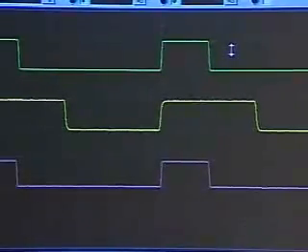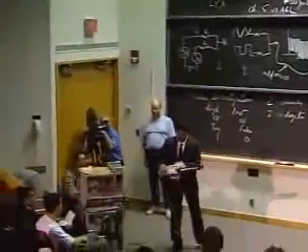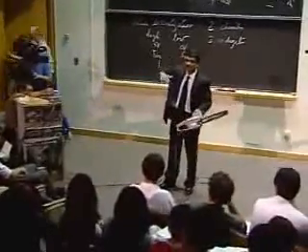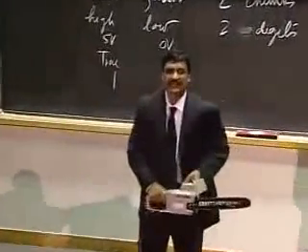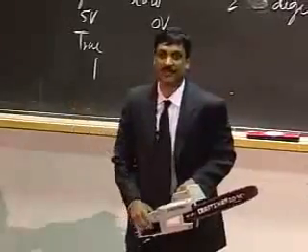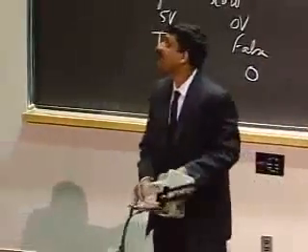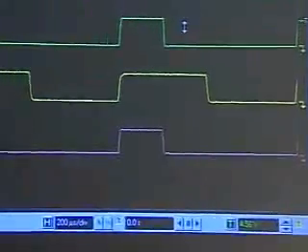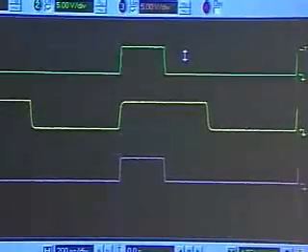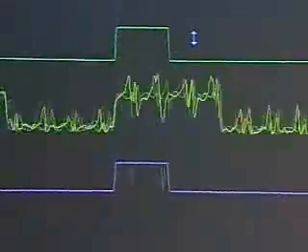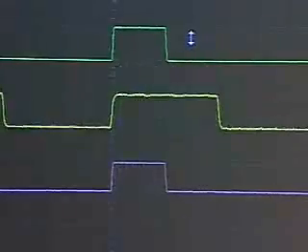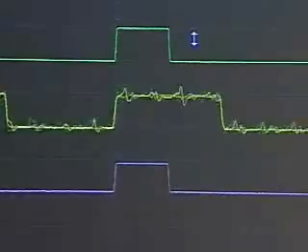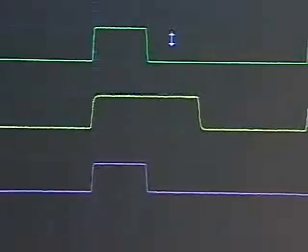And just to show you that I'm not bluffing here, I'll pass the noise through and make the noise larger. You'll notice that when the noise begins to surpass the noise margins, the output begins to go berserk. Watch. Can you increase it gradually? So notice that as I put in a lot more noise, the output begins to go berserk. But as long as my input is within the noise margin, my output stays perfectly stable.